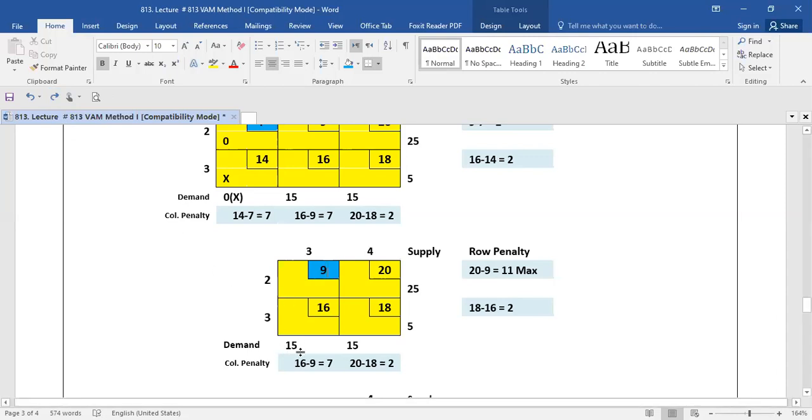You see that here demand is 15, supply is 25. So you will put 15 in this cell, as this is minimum, and put a cross sign in front of 15. This shows that your demand is complete, and put 10 in front of 25. 25 will reduce to 10, as your 15 supply has been distributed to this cell. So the remaining supply is 10, and you see that in this column you have completed your demand. Nothing is left here.